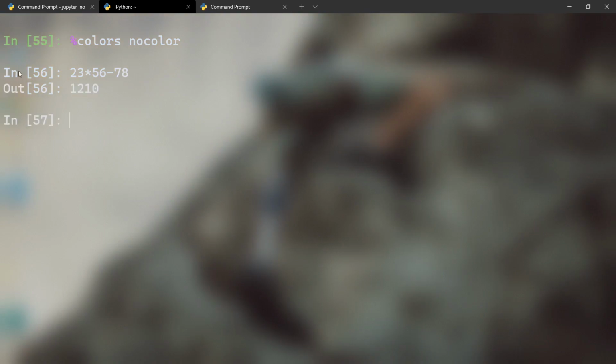So here we can see the color of the input and the output line. Let's change the color scheme to light BG. Here we can see the difference in the color, and by default the color scheme is Linux.